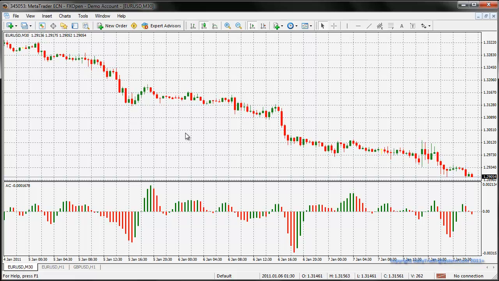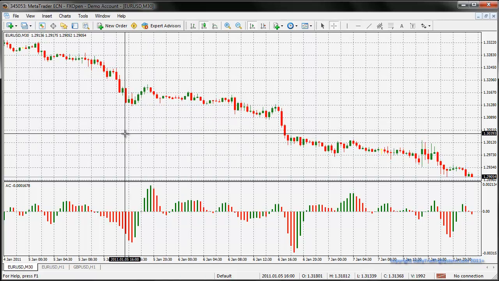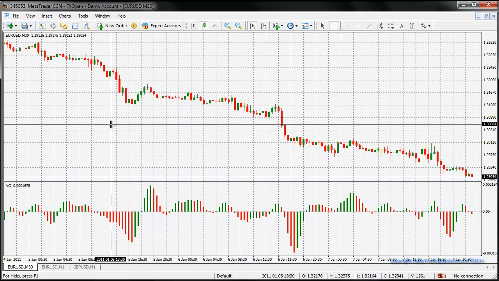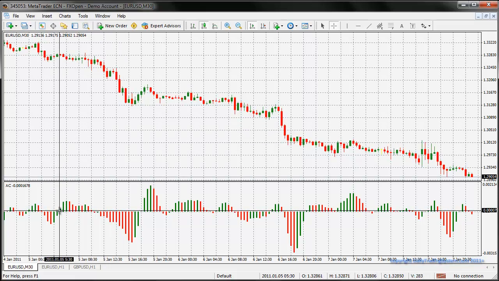Alright, now I'm going to show you my way of doing it. This is how I filter out the possible losses that can occur. Now, what you need to be looking out for is this green bar needs to be above the 0, 0 line,